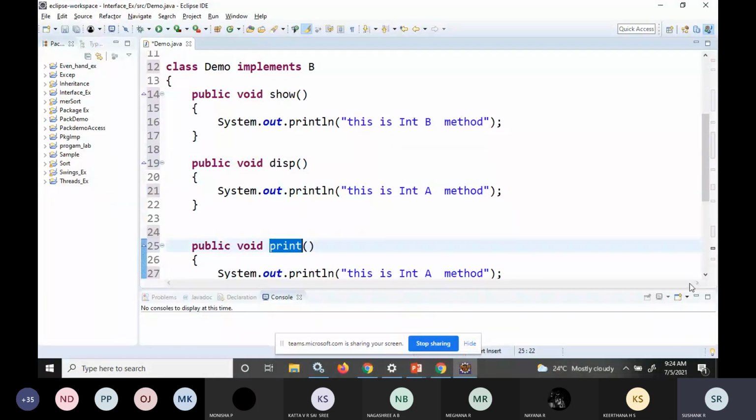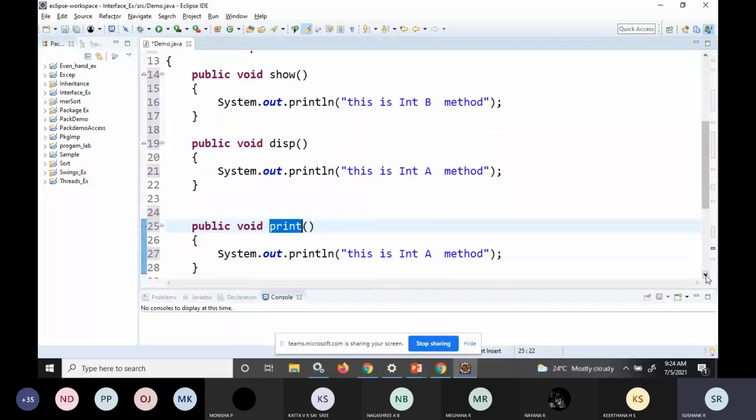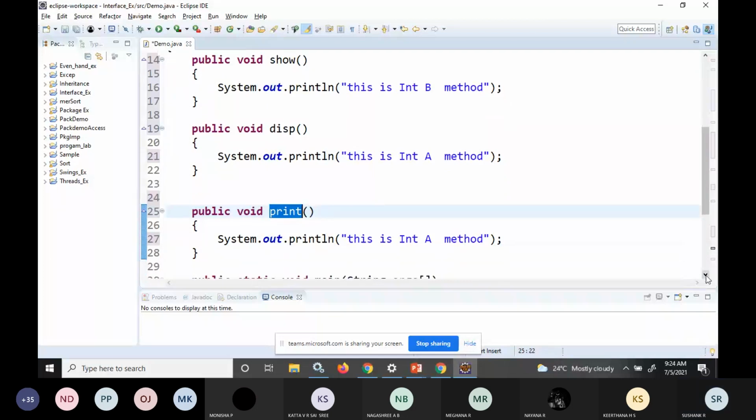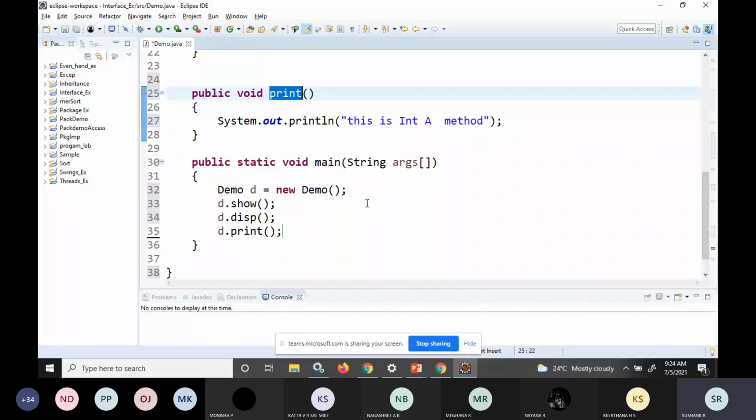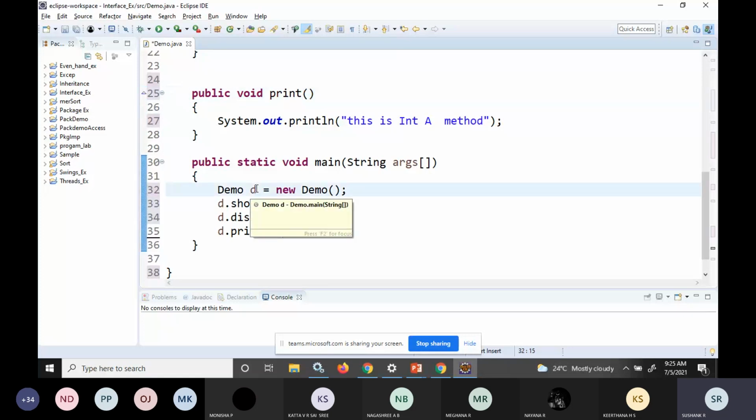I provided the implementation details for these three methods. After that I called an object of the class demo.